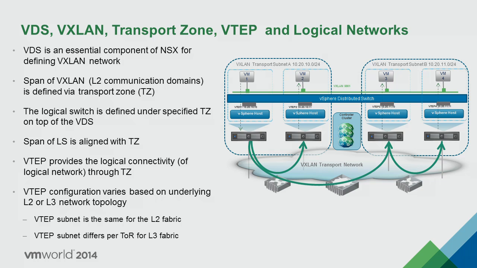And there are design considerations around the VTEP, the virtual tunneling endpoint. I'm a little bit ahead of the game here: the subnet is the same for a layer 2 fabric, while the VTEP subnet differs per rack for a layer 3 fabric. In other words, VTEP IP addresses are different for each TOR, right? So TOR 1, 2,